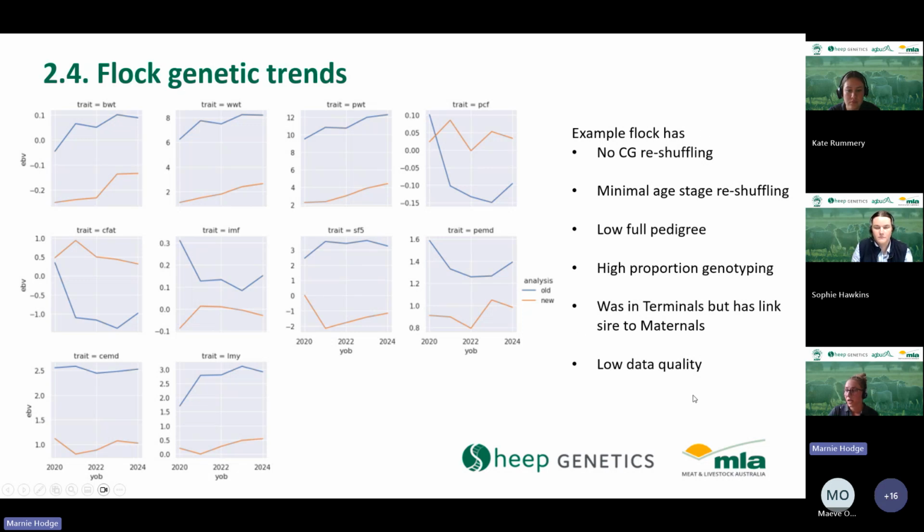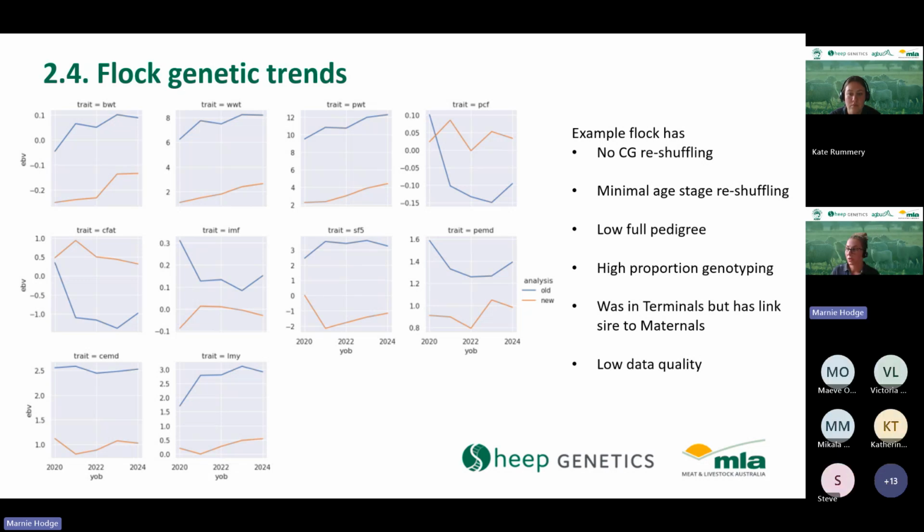This particular flock had quite low data quality, quite significantly lower than the other flock that we were looking at. It didn't actually have any contemporary group reshuffling. It had a little bit of age stage reshuffling, but also had a really low proportion of full pedigree and a high proportion of genotyping. So that's really important when we're thinking about those enhancements that Kate was talking about earlier